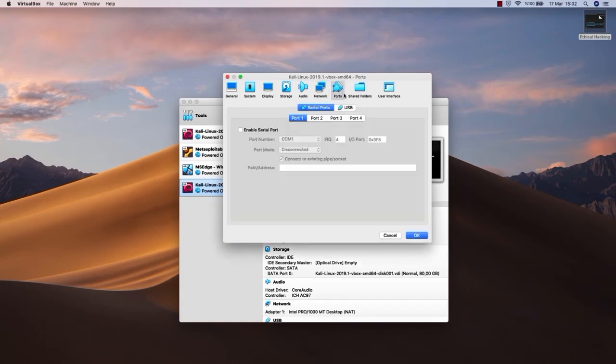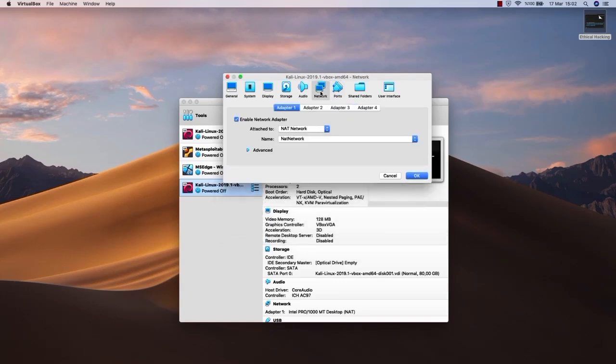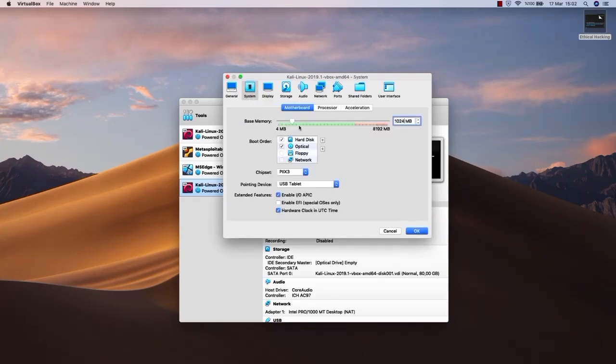From here, you may want to add some USB devices to your Kali Linux machine, and we are going to do that later on in this course as well. When we deal with USB Wi-Fi cards, we're going to use this USB section. But before you go and start Kali Linux, make sure you select NAT network,